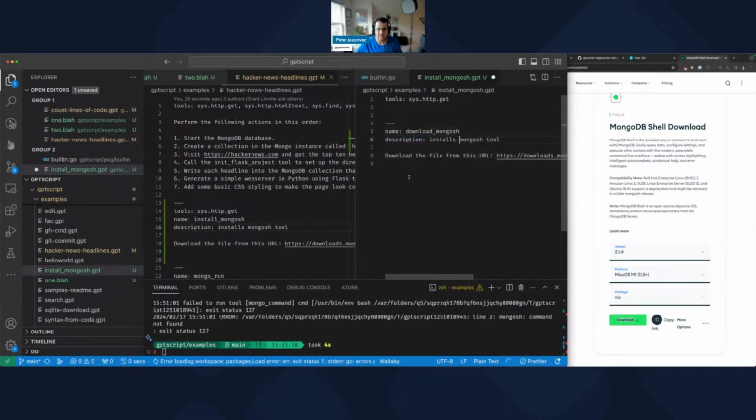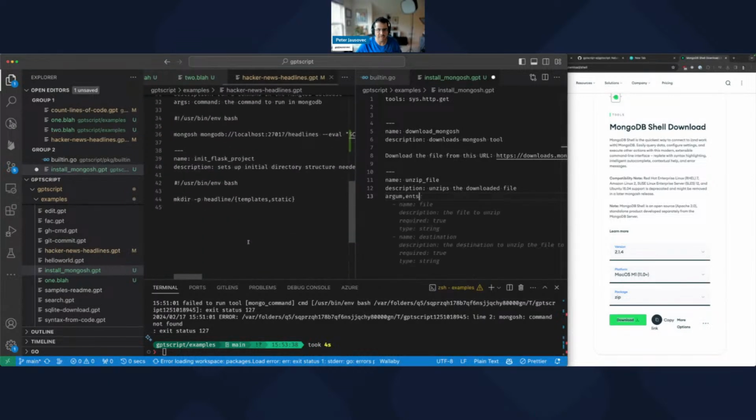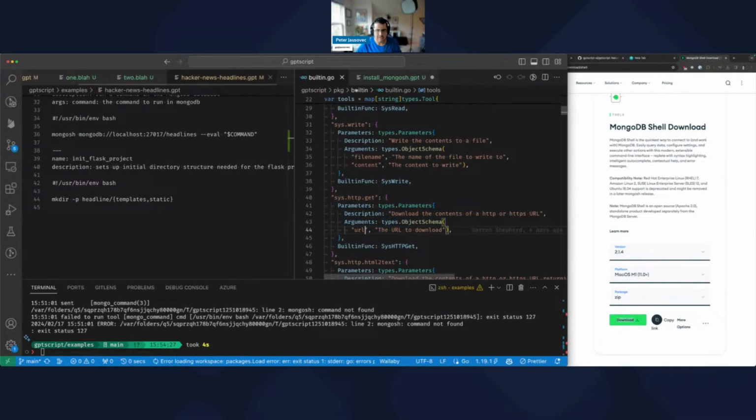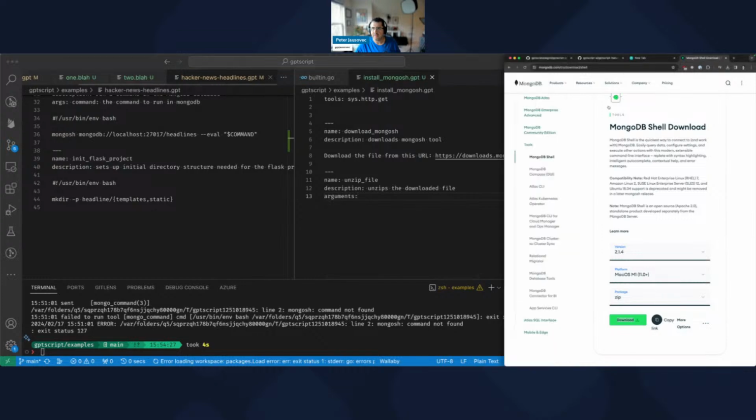Download Mongo sh. Downloads Mongo sh tools. And then we'll have name, unzip file, right? Unzips the file. And then I would like to do arguments here, right? Because arguments should be the actual file name, right? Let me see what the,